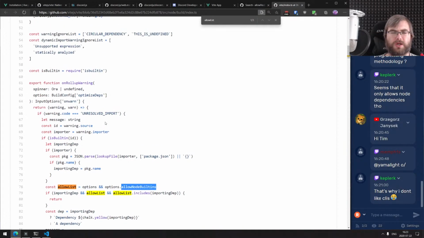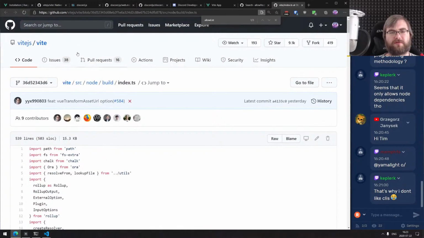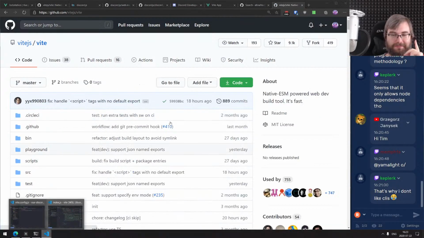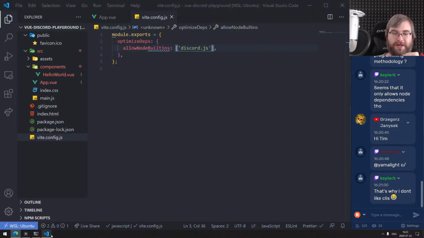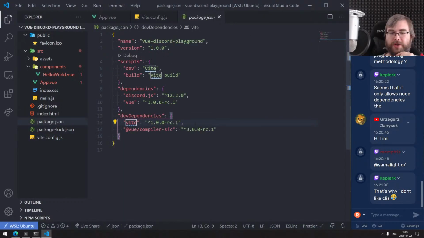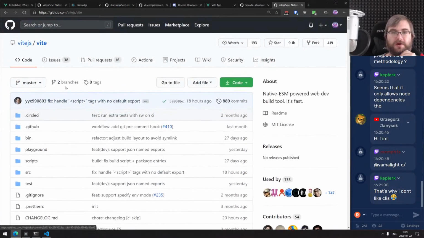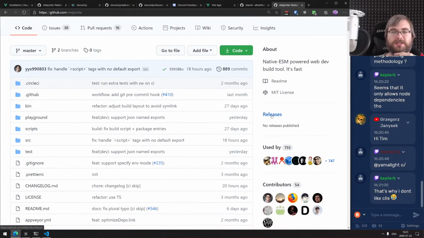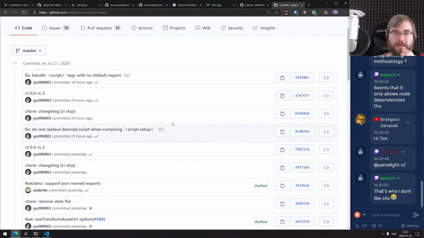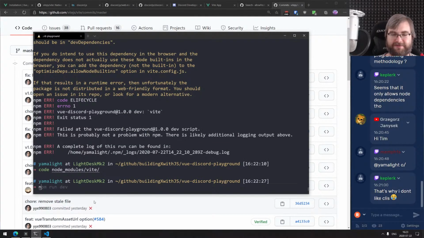It's not, wait, what? Am I using the older version of Vite? Is it just not released or something? Is that the problem? Okay, double check the, that is a really good idea. Usually let's double check the version. So we're using Vite 1.0 RC1. And the one here is, where's the releases? No releases published. Let's have a look at the commits. And RC2, RC3. Okay, so we are definitely